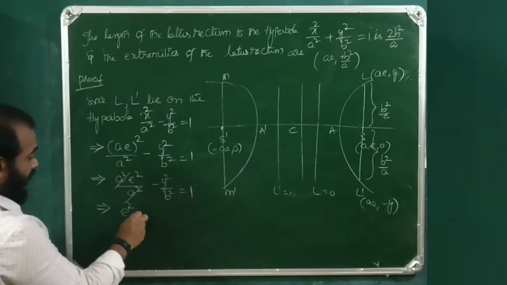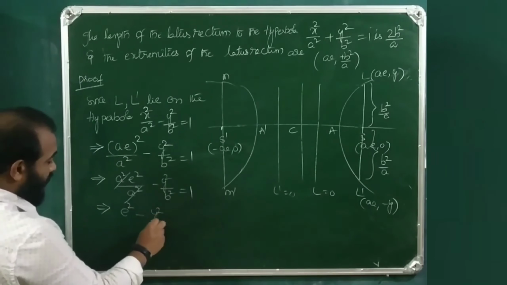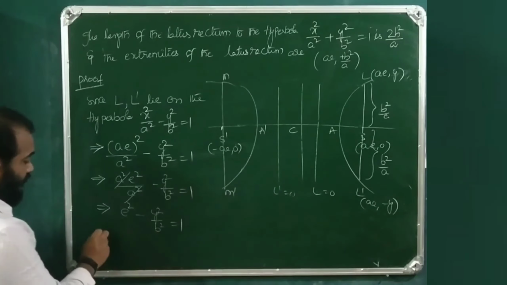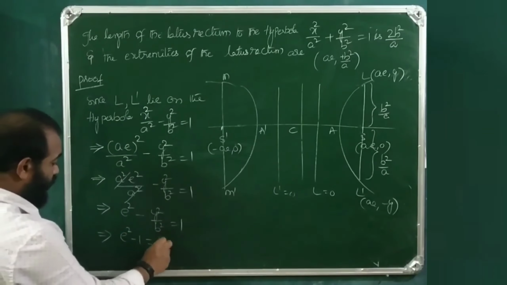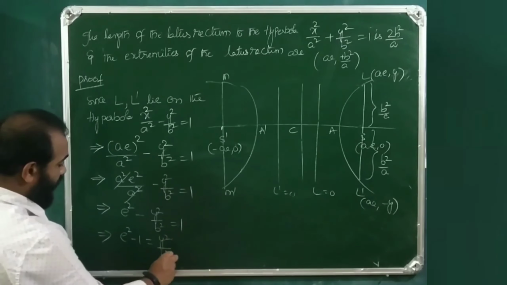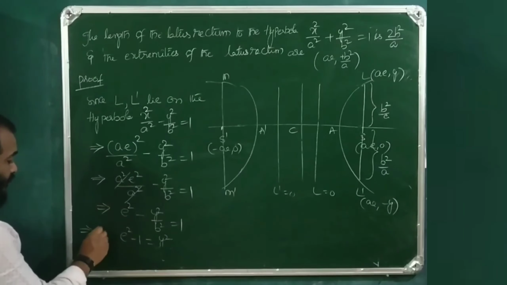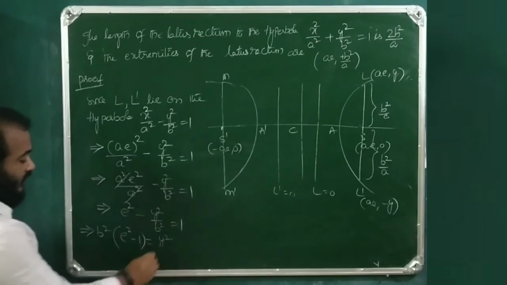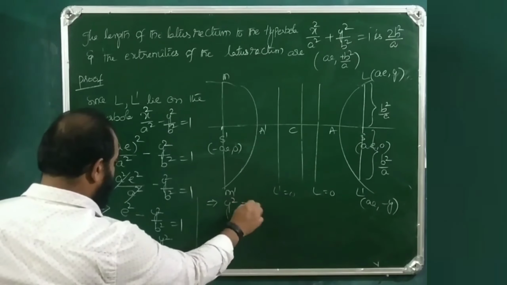So e square minus y square by b square equals to 1. So e square minus 1 equals to y square by b square. So if you take b square to this side, b square into e square minus 1, from this, y square is equals to,